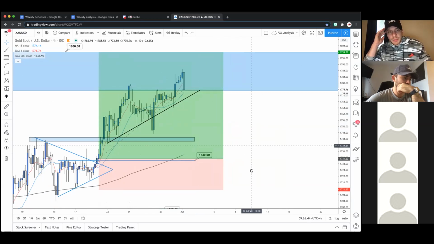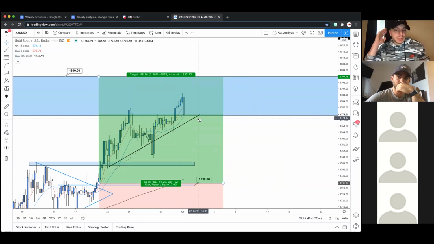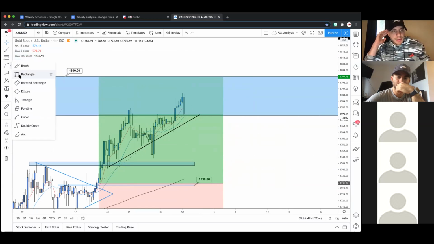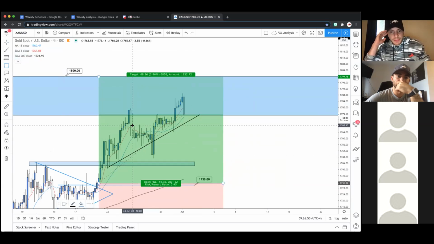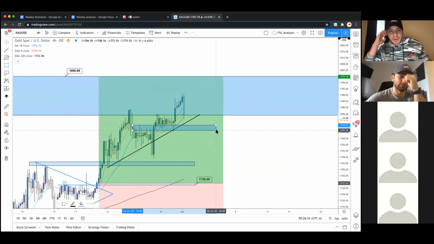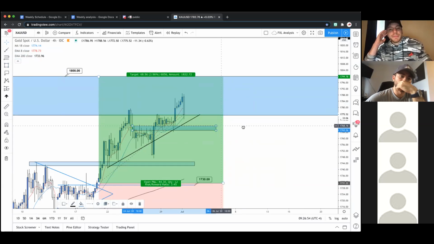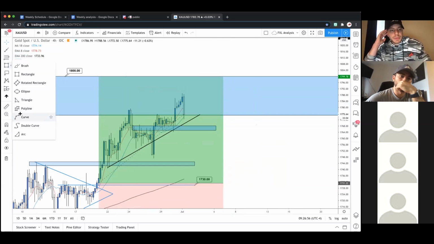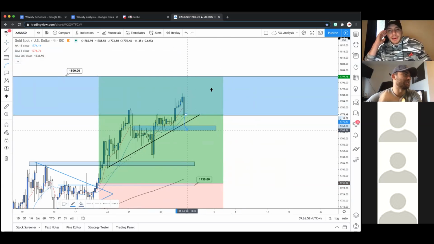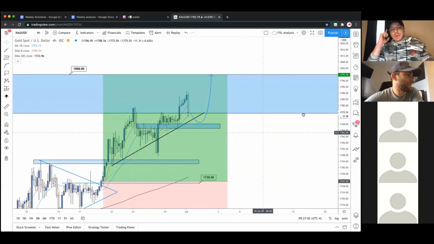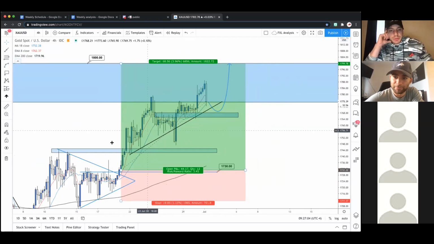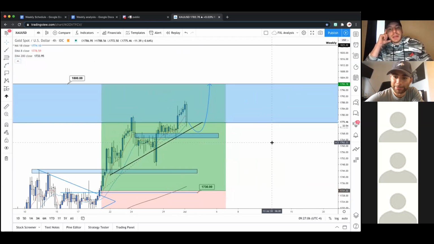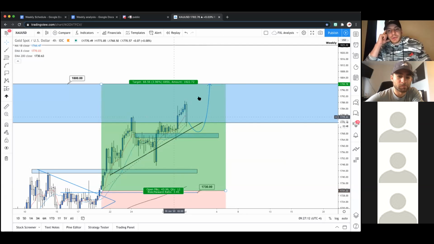No real great opportunity unless you're trying to buy off this trend line, but there's more risk presented with that. You want to see a fib level hit, among anything else. There is a little minor zone here. You could catch a wick from this area potentially, but again, more risk presents itself. This move is kind of already played out, but I just want to cover this for you guys because this was a really great trade opportunity, and we're going to reanalyze once we get closer to 1800, whether we see this breaking or if we start seeing a transition to the downside.